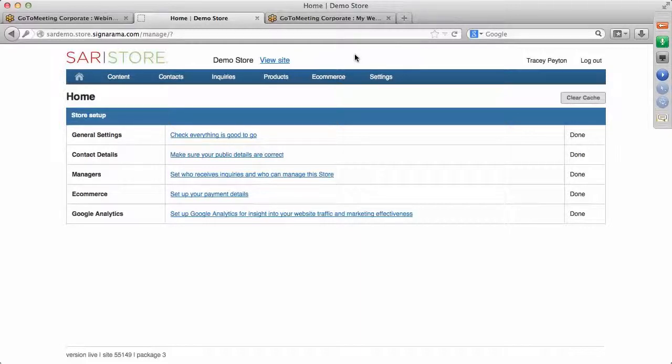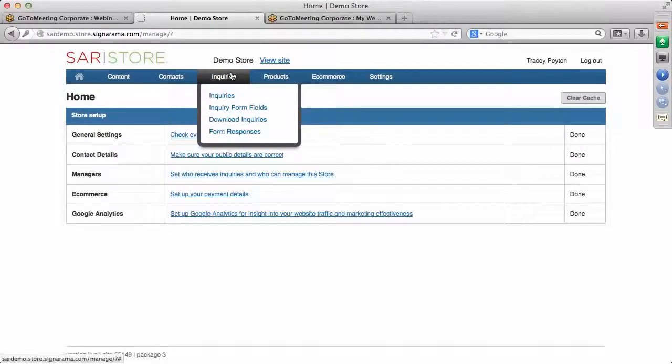The first thing that we're going to do is retrieve those request to quotes and those responses to the form of the artwork upload. So we'll come in here, and under inquiries, you can see all the inquiries made on your site. But where I really want to show you is the form responses. So if we come into form responses and we click on that,